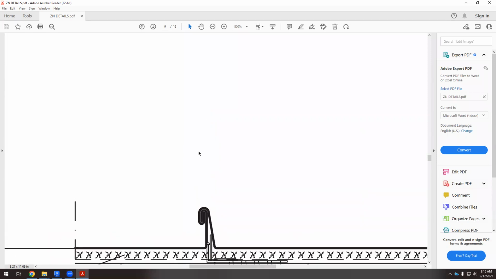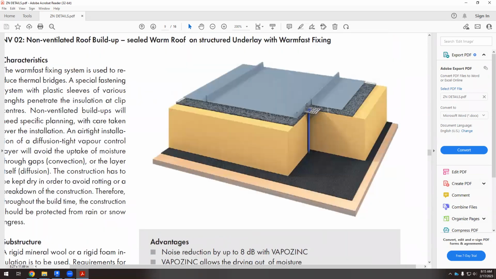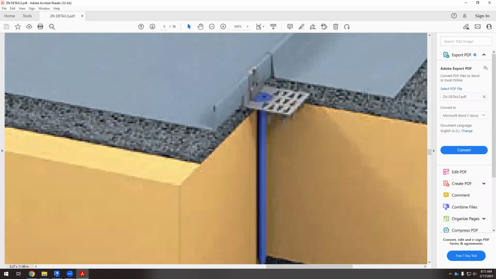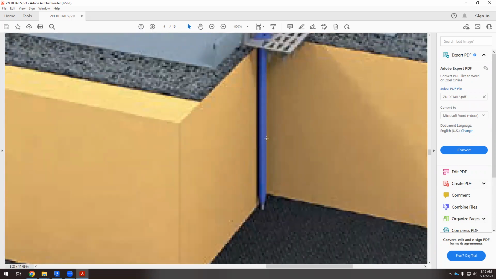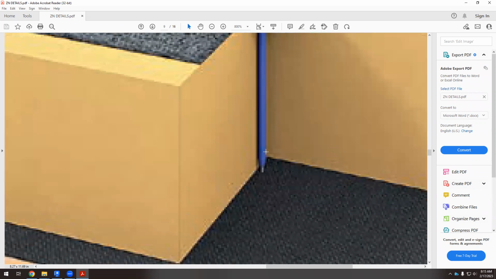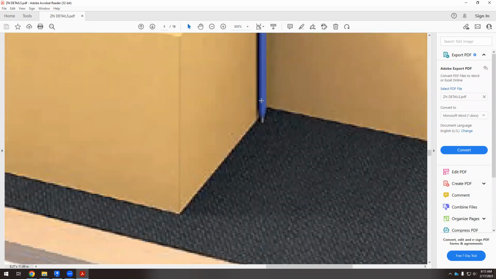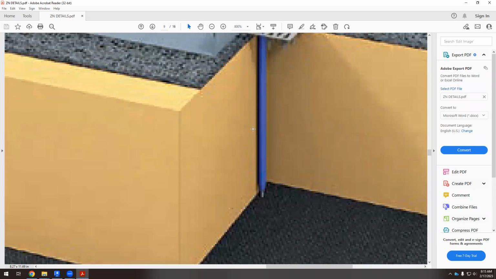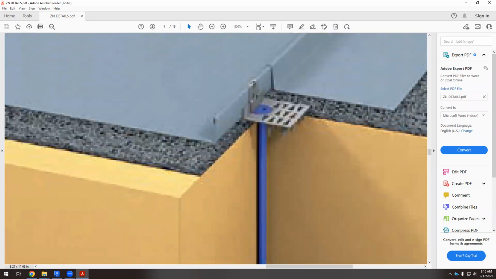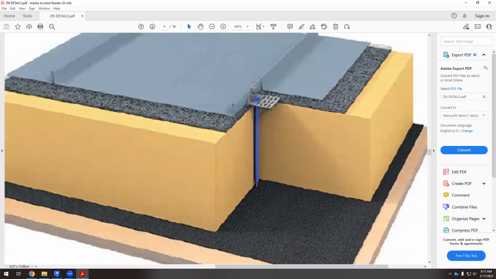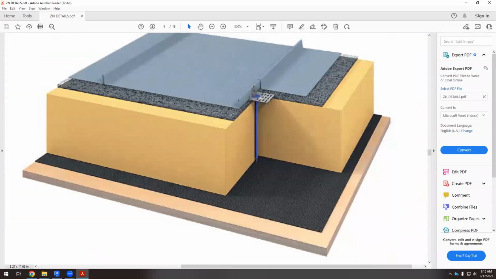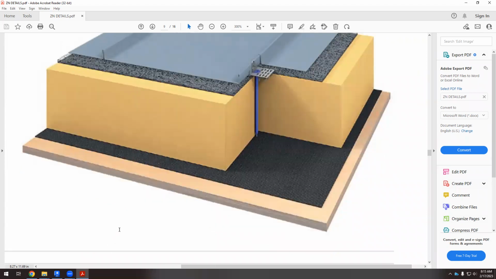I think we can see this here. Well, we don't have a good resolution, but you see that we have an element that is nailed. So we have this blue nail, and that goes up to the board here. Okay, so this is to fix the zinc layer. Okay, we're not going to do this, but at least I'll show you how to do this zinc layer, that detail, with this